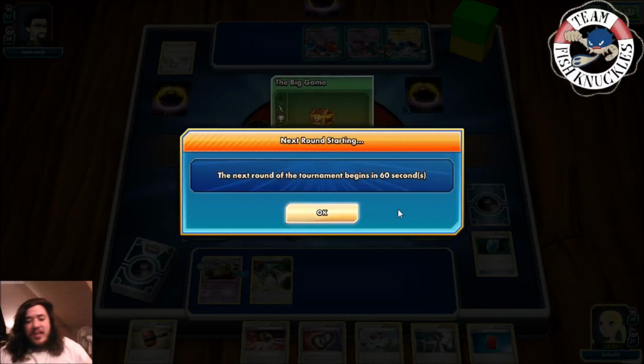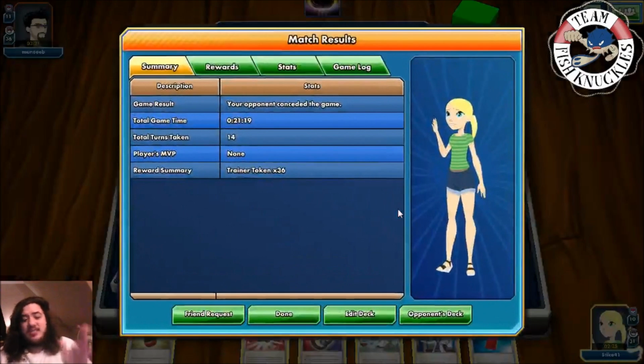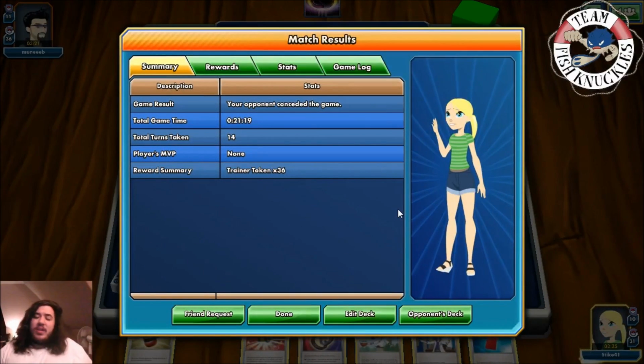But that was round 1. That was a little shaky. It didn't go as planned. Life Dew wasn't in the deck as well. And like I said, this was the first time us playing the game, but it is 3 rounds. This is the first round. We have another round and then the